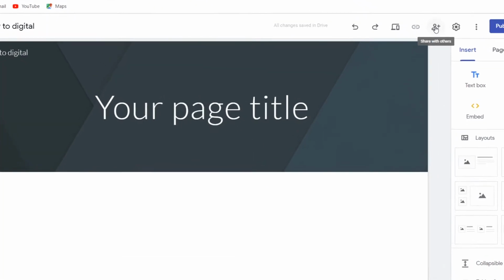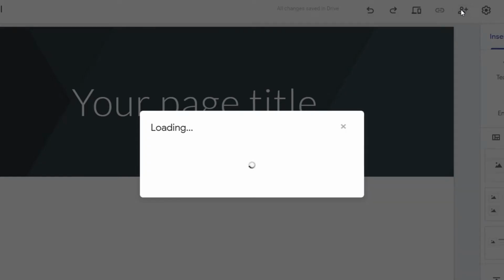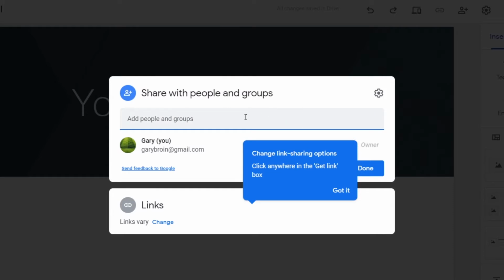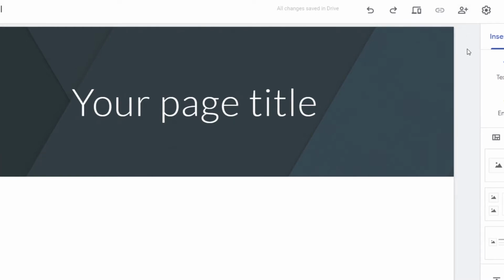Next up, we've got a button that lets you share your website with others. For example, if I click on this, I will have the option to give people access to my website. You can see that I'm the owner. You can also add people that can also become owners of this website or editors so that they can build and design the website as well. That comes in handy when you don't want to design your own website, but you want to let your friend, your brother, your employee make the website for you. You can then add them on here so that they can design it.